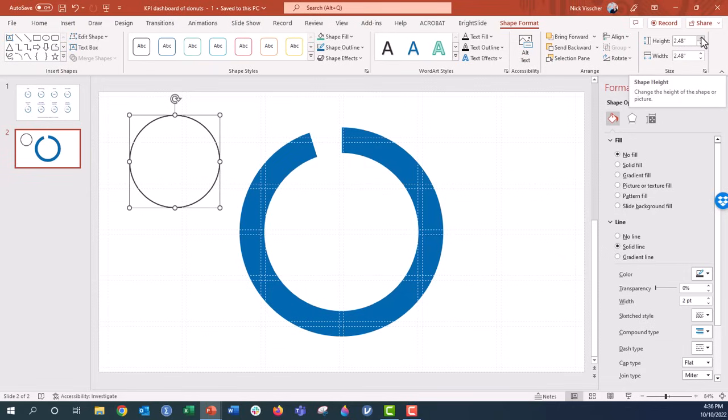I'm going to click up twice on the height and up twice on the width, so we do this proportionally. So 2 clicks, 2 clicks. Actually, let's do one more. 1 click there and 1 click. So a total of 3 clicks each. Now what I'm going to do is drag this over the circle to make sure that they're